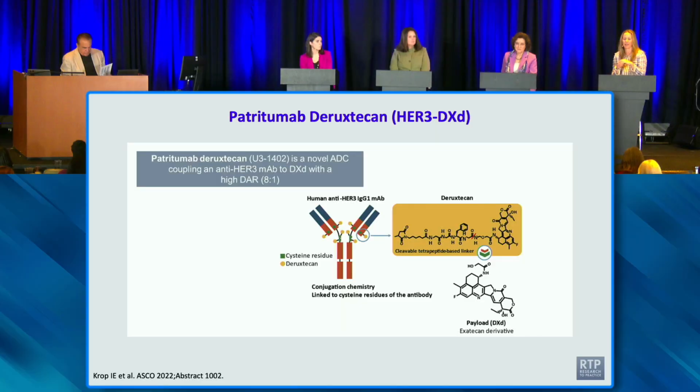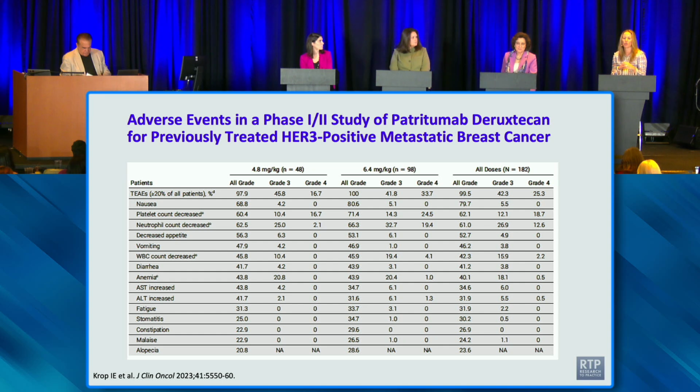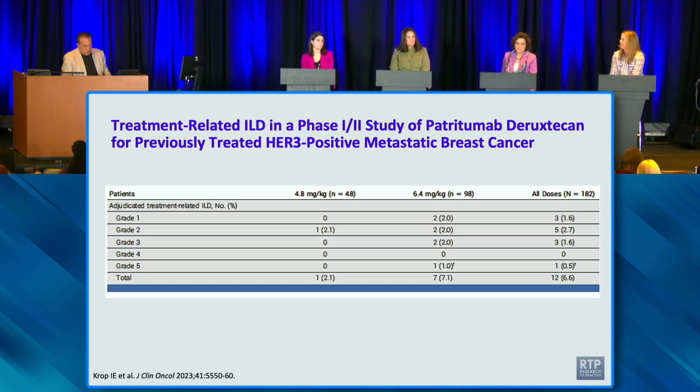Because really, these drugs are being tested in earlier lines now. They're being tested in the first-line setting. They're being tested in the adjuvant setting. So we really need to see what the activity of some of these newer antibody-drug conjugates are after already receiving an antibody-drug conjugate. So, Hope, again, any thoughts about with both of these agents, what are we looking for? Just to elaborate more on this question of how much benefit do you need, and particularly in view of what the patients have to go through.